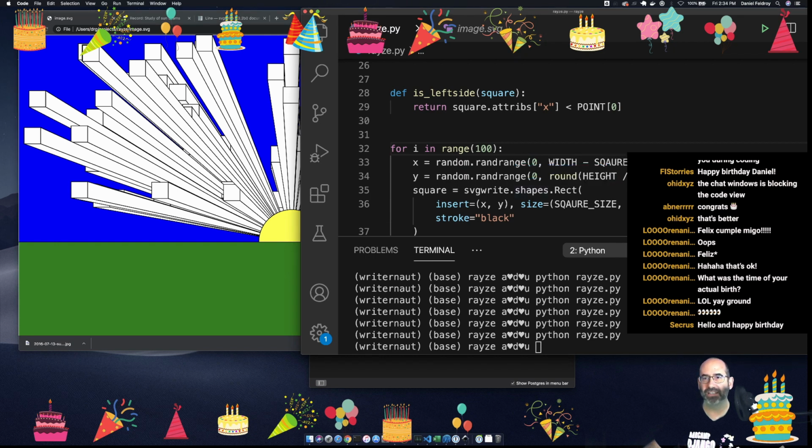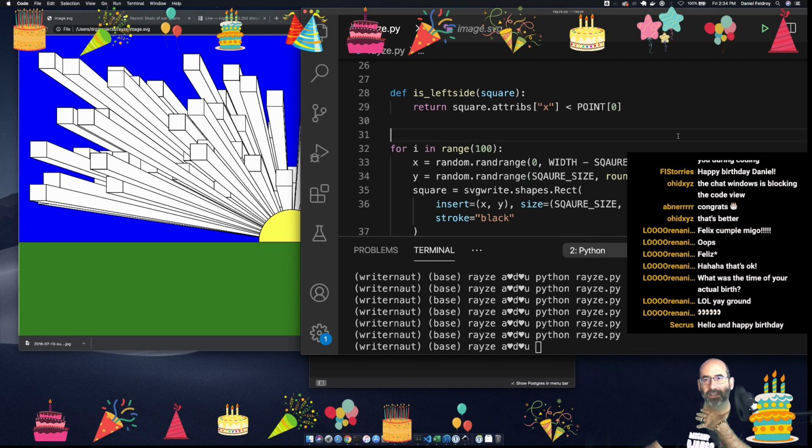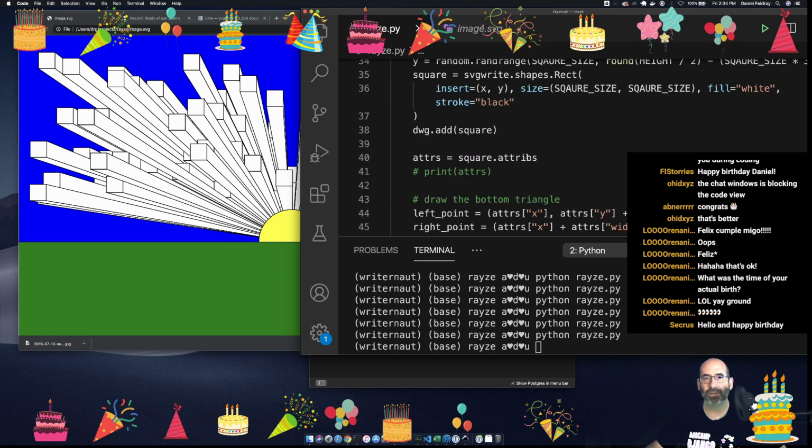It is starting a little bit too high for comfort, so I'm going to add the square size. And what this is doing is making sure that, see how there's this border, that's what I just created. Okay, so let's reduce the number of